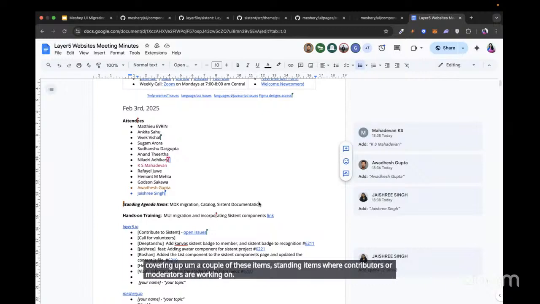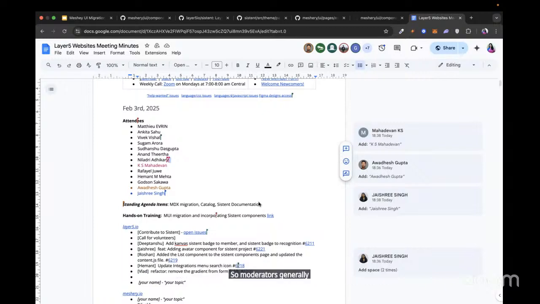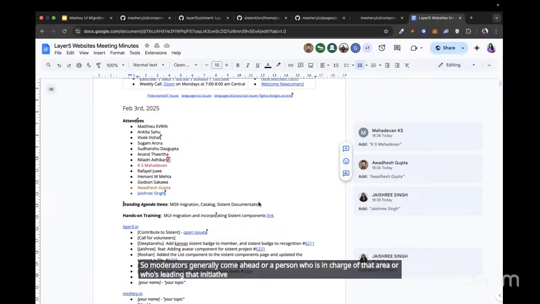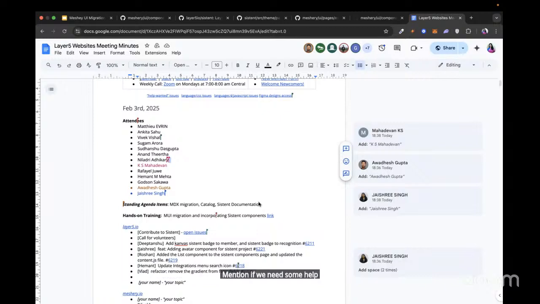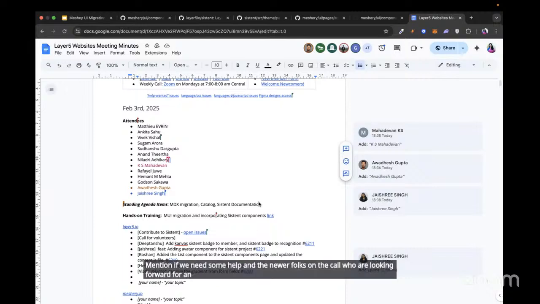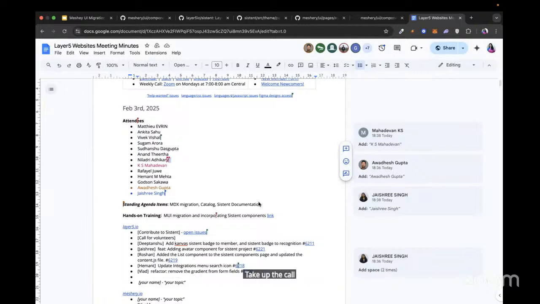Moderators, or the person in charge of that area or leading that initiative, come forward and share their progress. They mention if they need help, and newer folks on the call who are looking for an opportunity to contribute can volunteer, take up the call, and start working on that area. In this way, the project and the contributor are both helped.